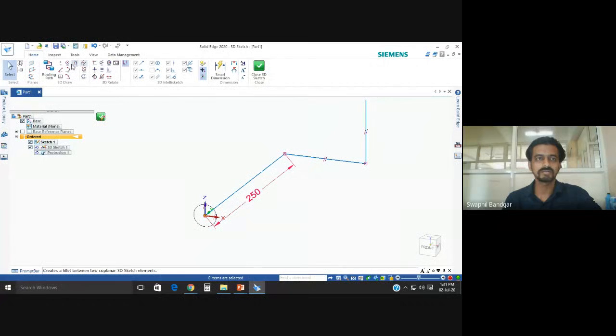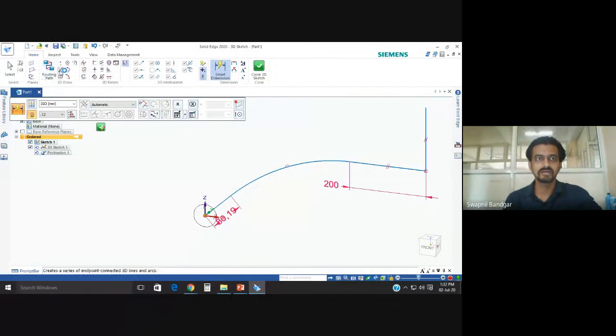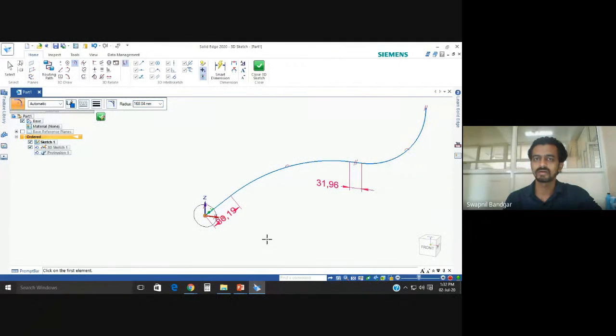I will add some fillets because these are important. So this is my fillet. Everything is length 100. We will add a fillet here as well, and I will close the sketch.